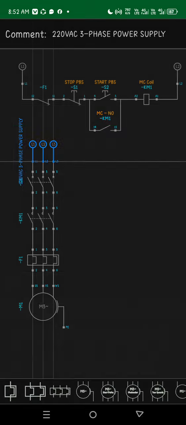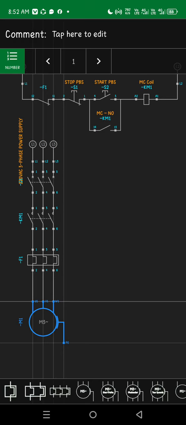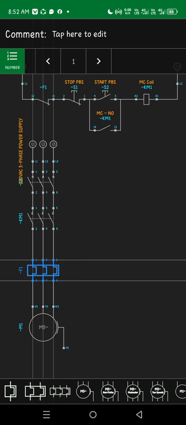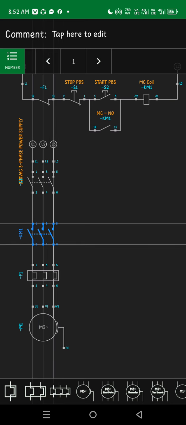Click OK. Then let's drag it here so that the tagging will fit.